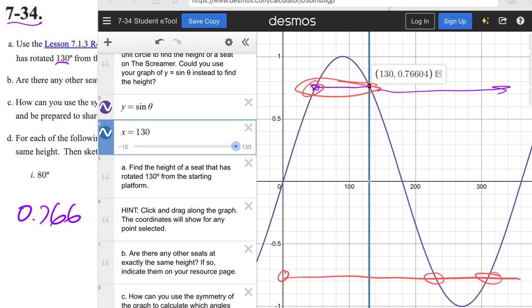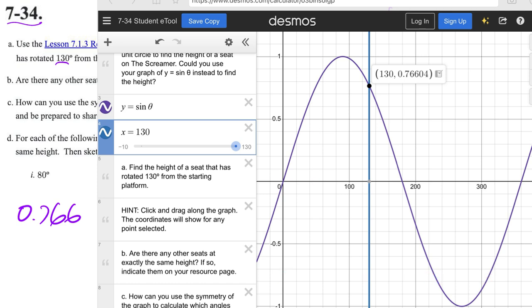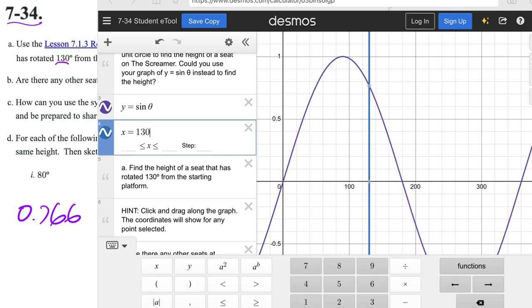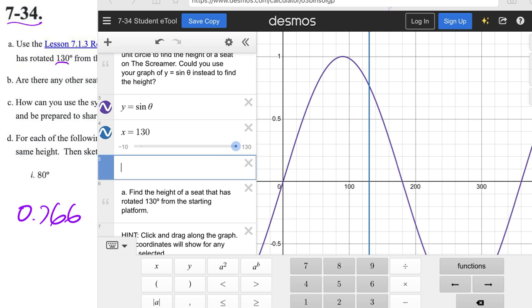So we need to figure out what this angle is here, and if so, indicate them on the page here. So I'm going to erase all this so we can actually see what's happening when I start to move this graph here. And so I'm going to get another X value here. If I'm thinking 130, well, 90 is that halfway point. So I'm going to try to go about 40 degrees or